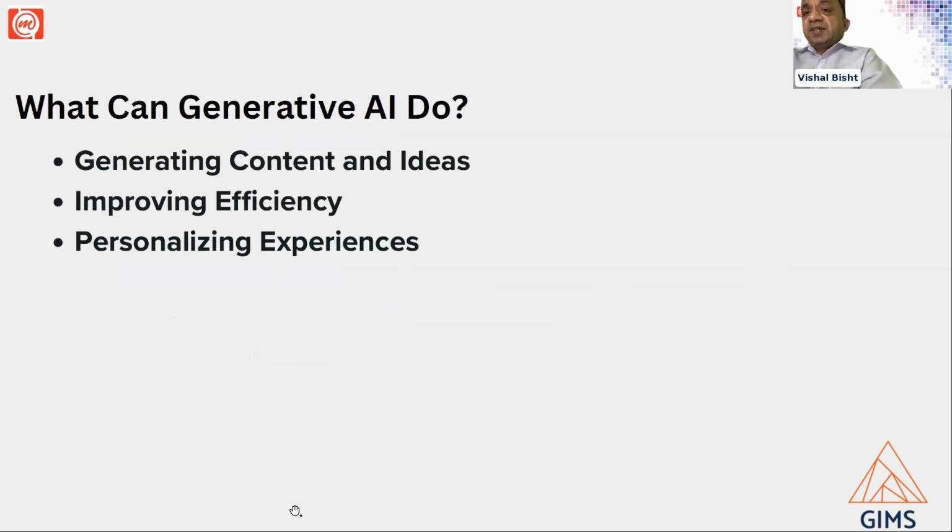What can generative AI do? Basically, first, it gives content ideas. If we are in a marketing agency, it will help us create new content. It can produce large video-based content and text content. If any advertising agency wants to create any kind of marketing content, for example, these days in social media campaigning and research work,